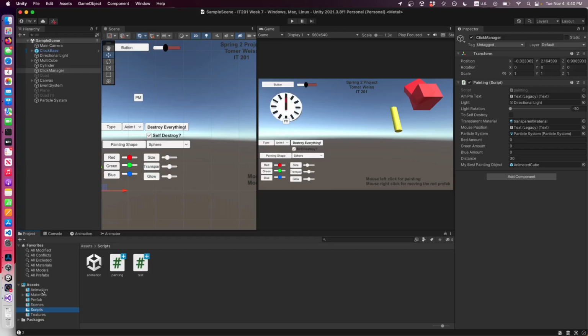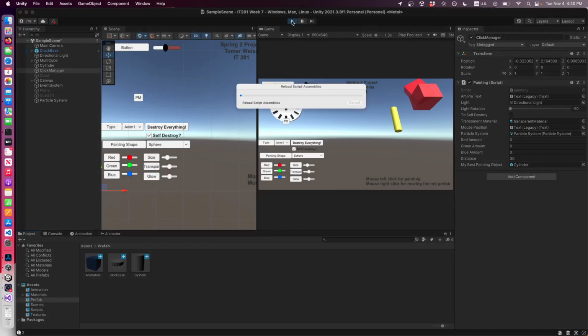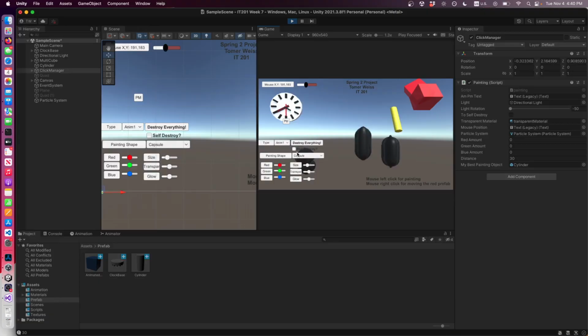Where's the cylinder? Assets, prefab. Okay. And let's see what happens. So I can paint. Okay, cool. I have my spheres. So far nothing exploded. Let's paint this. So I can paint this